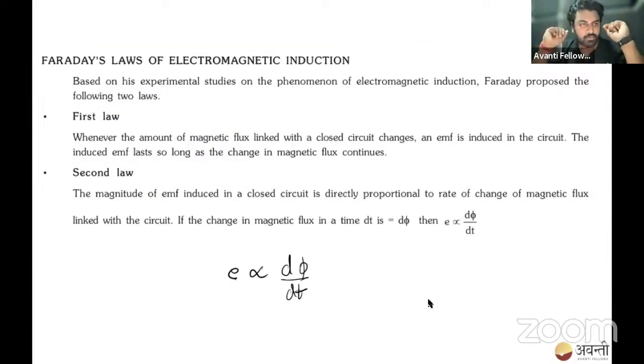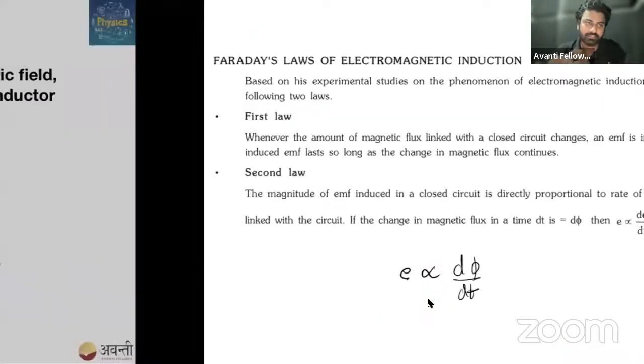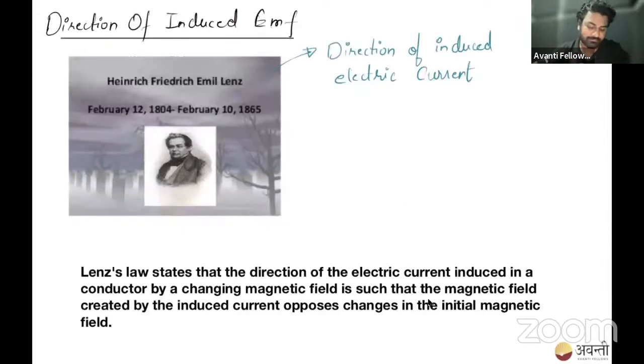Chalo. What happened actually? This was given by Faraday. Okay, so Faraday told that if, let's say, I put a coil and if I pass a magnet inside that coil, some EMF will be induced and current will flow. But he was confused when direction came into the picture. How will the current flow? Clockwise or anti-clockwise? Should I put the arrow like this or like this? So to help him, who came into the picture? Lenz. Not that lens, not the optics lens. This Lenz, Heinrich Friedrich Emil Lenz. He came into the picture and he told, brother, direction I'll tell you, don't worry.